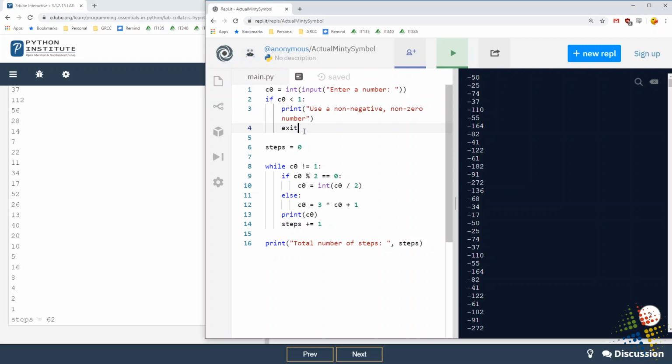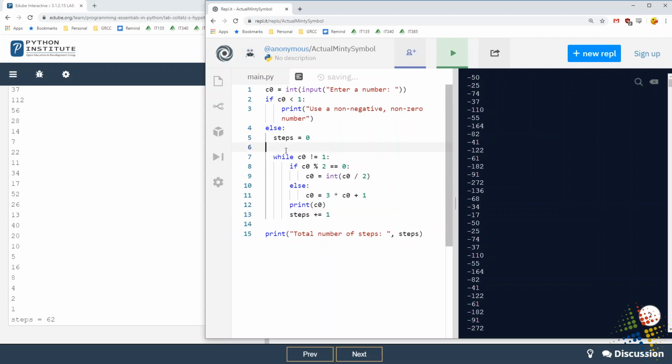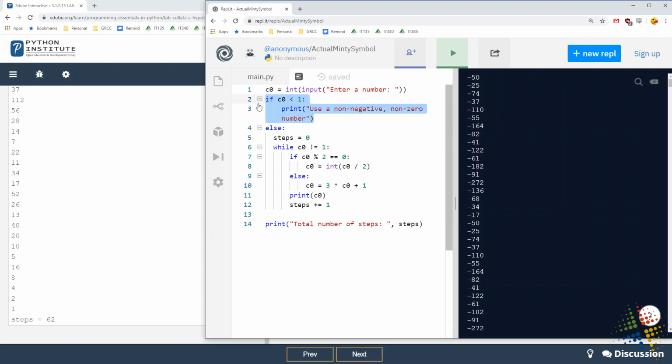What I could do instead is I could do an else, and then I could indent all of these guys. So it will do this or this.